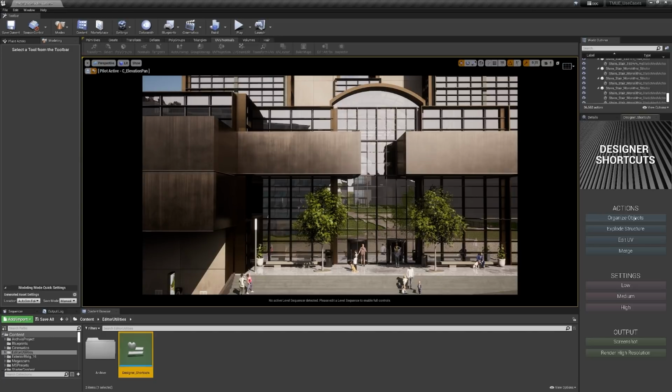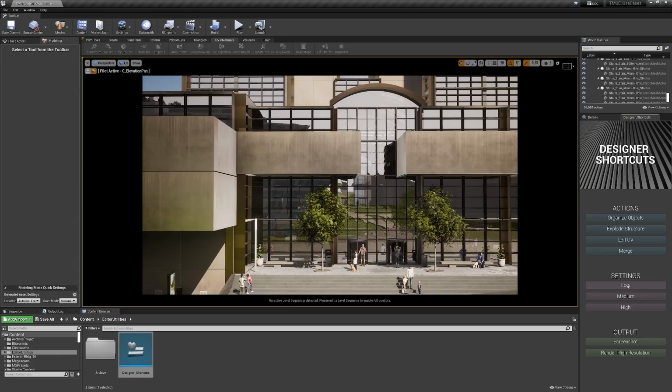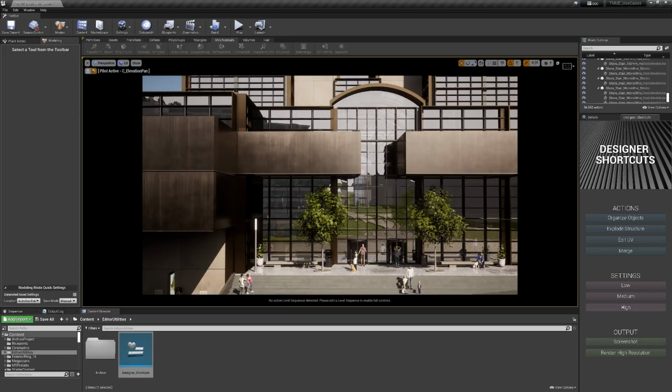Now let's say that it'd be helpful to control the rendering settings for ray tracing. So perhaps for performance reasons, I want this to be set at low so that I can move around the model quite quickly. But before I take a screenshot, I may want to increase that to high. So the ray tracing setting that I am controlling here is the max roughness for the materials in the model. Now, there are many different settings that you can control. However, this one is something that I find to be very helpful.